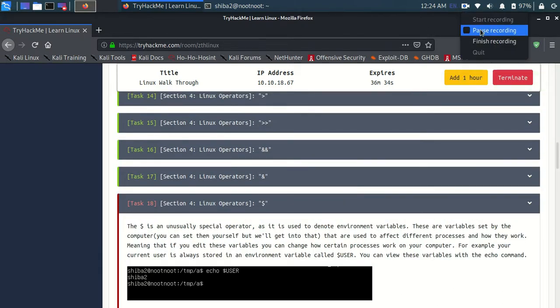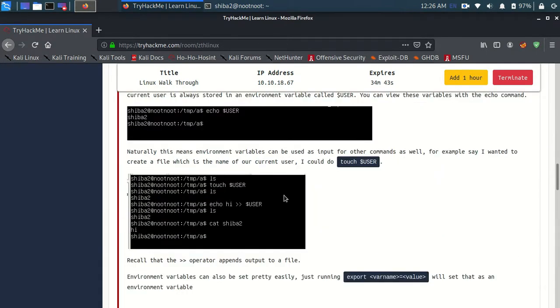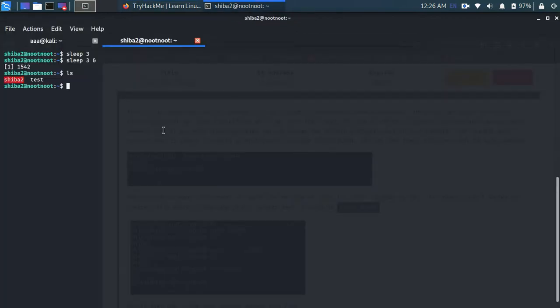Okay, so this dollar sign symbol is used to make an environment variable. So when I create a new file, for example, if I do touch subs, let's do ls, and you can see there is a new file known as subs which exists.